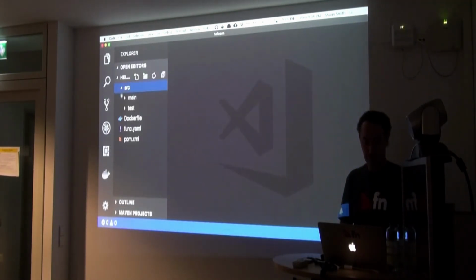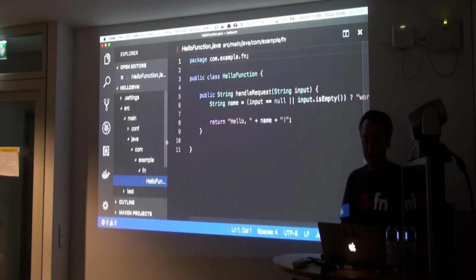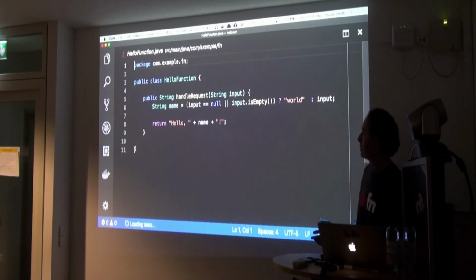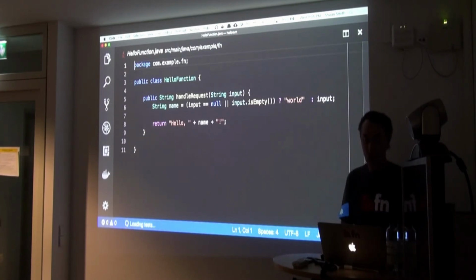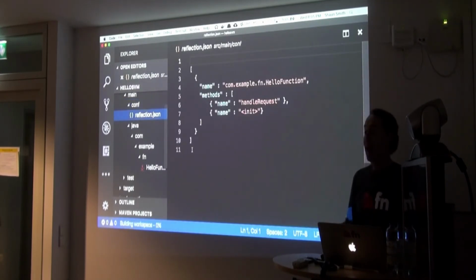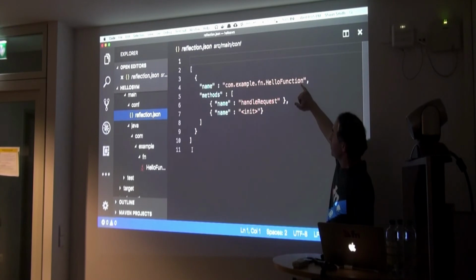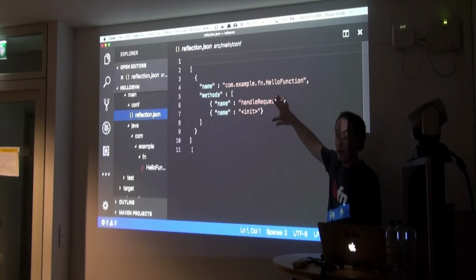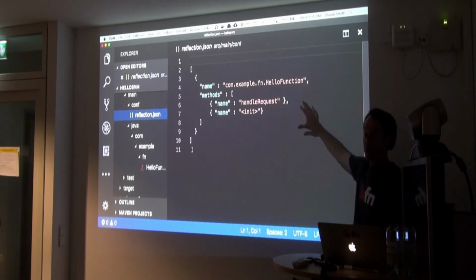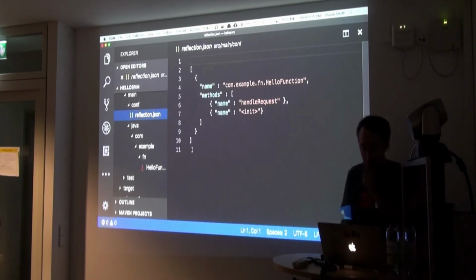So we've got the same hello world function again. This is our code. Nothing exciting about that. One thing they do is they include a file to tell the compiler that this class will be loaded dynamically, and this method is going to be invoked. So we can declare for the compiler statically, we're going to need this thing. You know the way that FN works, you need to know this up front for the compiler.